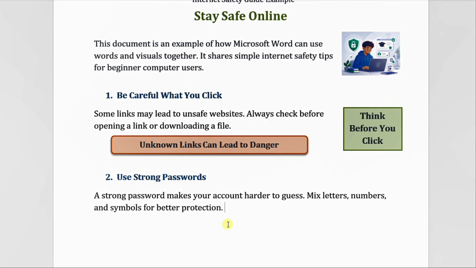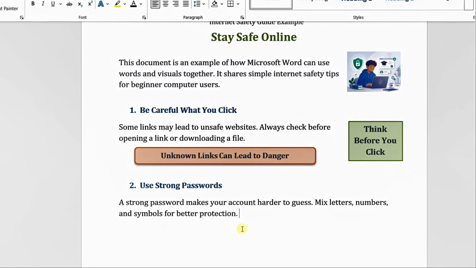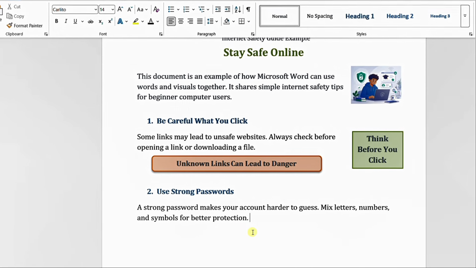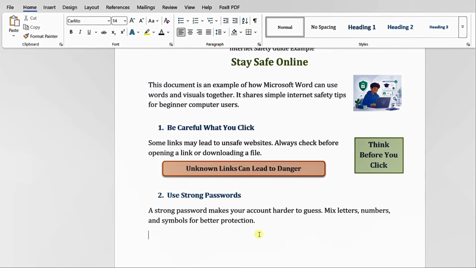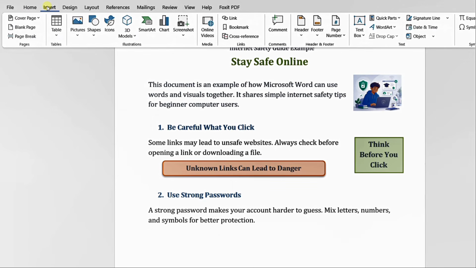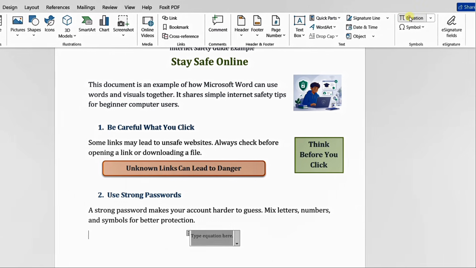Now let's add a simple equation. Remember, equations are not only for difficult mathematics. Sometimes a simple equation can summarize an idea clearly. So here I will press enter, then I go to Insert tab, then I choose Equation,